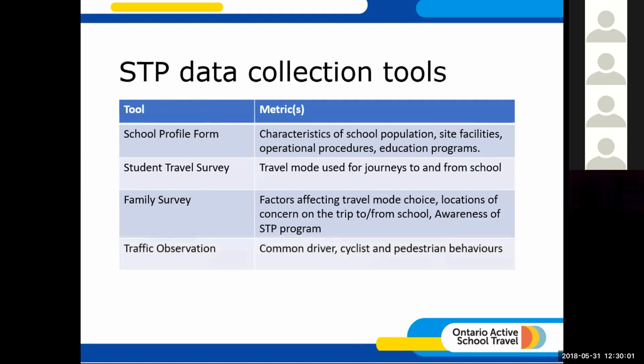In past editions of the toolkit, there was a tool that combined the traffic observation with a traffic count. But based on feedback from practitioners, we've made the traffic observation a standalone and recommended data collection tool. It provides valuable information that can be collected in a short period of time by one person or a small group. So we're no longer recommending a full traffic count done by a team of volunteers over a week-long period, as we did in previous editions, because that's very resource intensive, and the data that it yields is not always considered valid for transportation planning purposes,